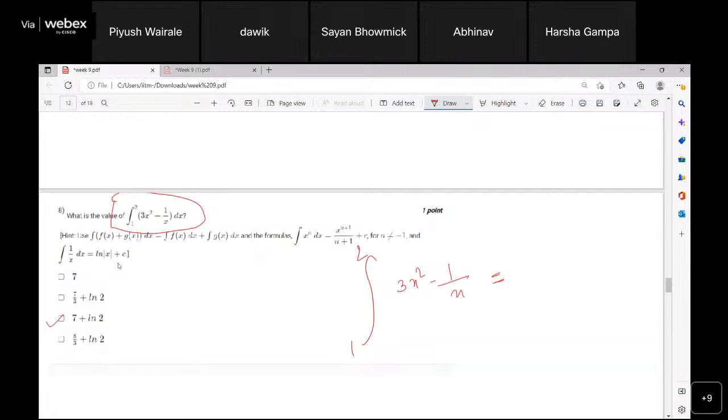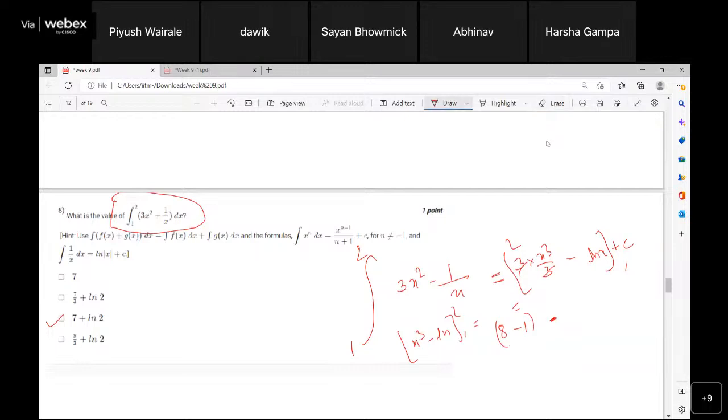C, right? Yeah. So if I integrate this, 3 into x cubed by 3, minus the integral of 1 upon x, that is ln of x, and plus the constant of integration, that is c. And this is from 1 to 2, right? If I put 1 to 2, so 3 will get cancelled, right? So x cube minus ln x from 1 to 2, so it will be 8 minus, sorry,